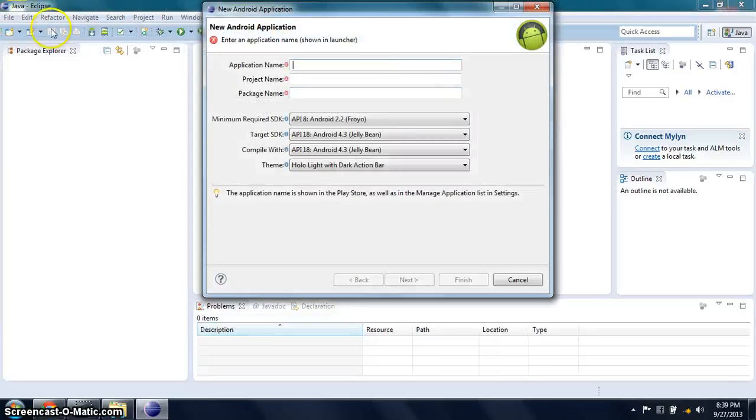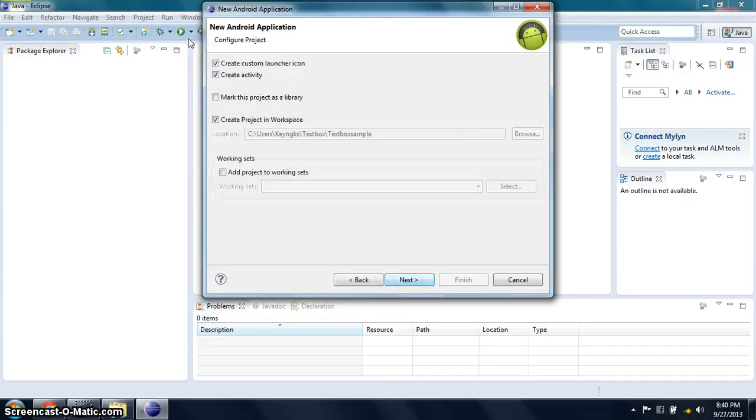So the same procedure, disregard this one, then click file, select new, then choose Android application.